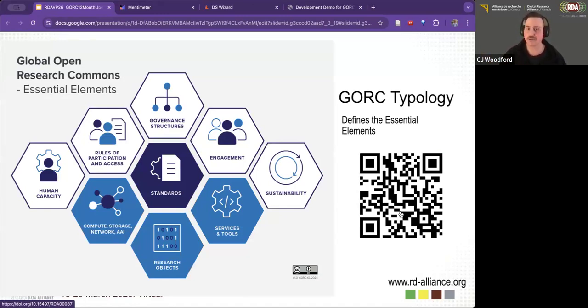The human or social elements are in white along the top of this diagram. The technical ones are in blue along the bottom, and there's a central element of standards and interoperability. We'll get to the interoperability discussion a little bit later, and you'll notice that this particular diagram is not one we should be using anymore based on the decisions from the working group. So take that with a grain of salt, but interoperability should actually be on that central hexagon.